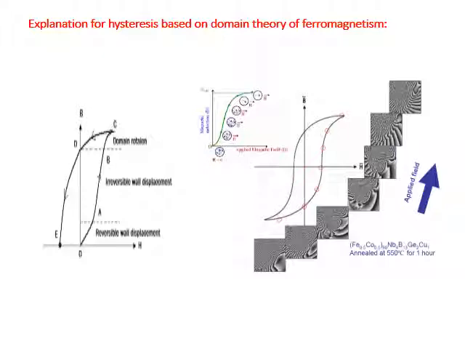That is the region of irreversible wall displacement. Further, if you apply a very high magnetic field, you enter the domain rotation situation, where all the dipoles are oriented in the direction of the applied magnetic field,